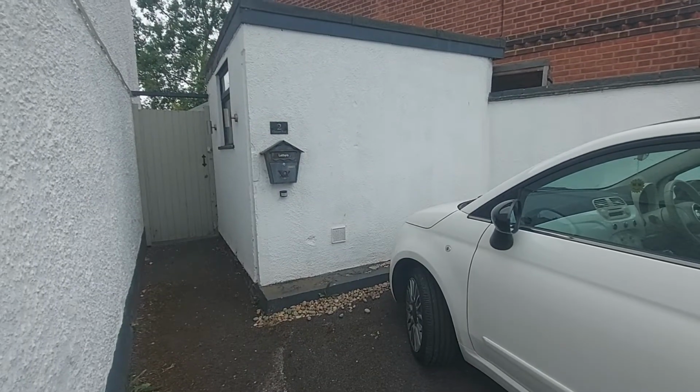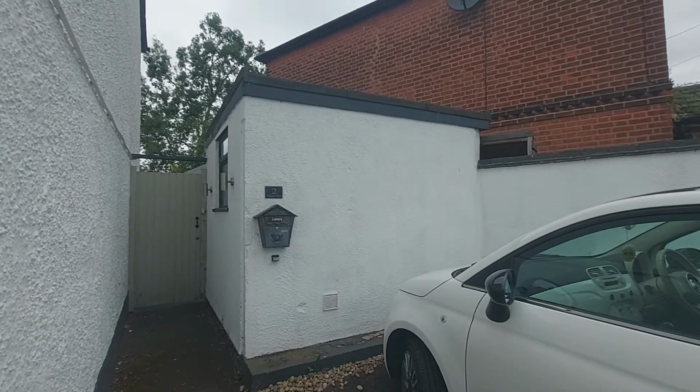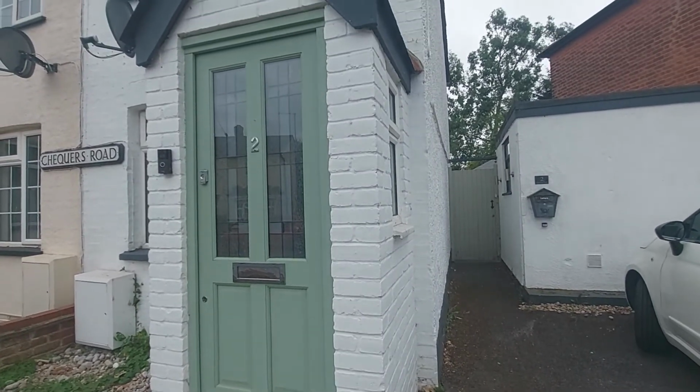To the rear of the drive we do have an outbuilding for storage purposes, however it is important to note that tenants will not have access to this. You will also note that we do have side gated access to the rear,